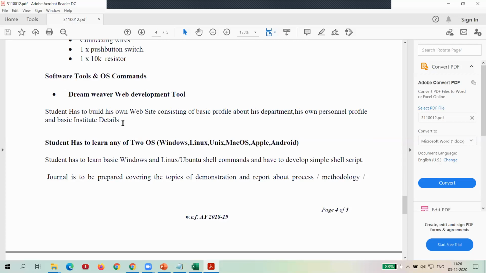In the next lab we learn two different operating systems, Windows and Ubuntu, where we see basic commands through the terminal or command prompt. In the next practical we require just one lab session, and then we complete our computer department practicals.